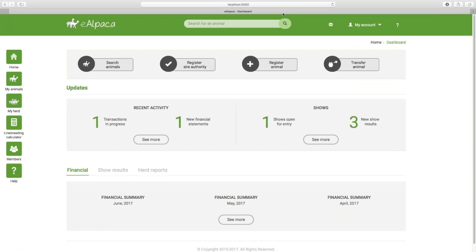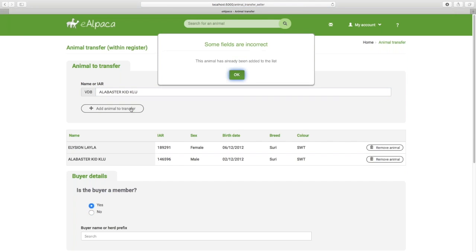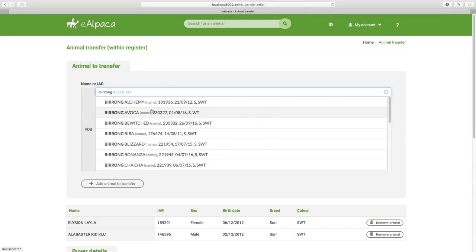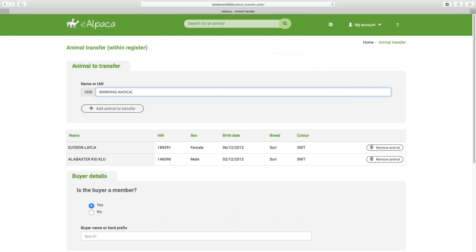So now on to transfer animals, and that's on the top right-hand side of the screen. I'm clicking on there, and you'll see a bit of here's one I prepared earlier. I've got a couple of animals ready to transfer, and I can choose another one. I'll choose Alabaster Kid Clue, pop him into the list. Oh, he was already in the list. Okay, well there you can see you get feedback if you get it wrong. Let's try another one. I'll just choose a Biron and add him to the list. All right, anyway, once we fix that problem, you'll be able to add any animals that you like to that list, and then